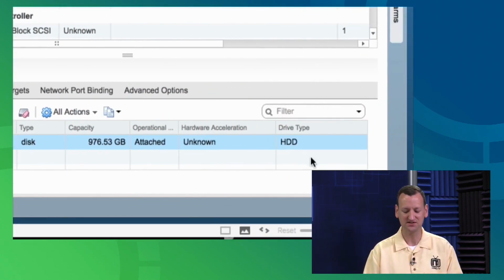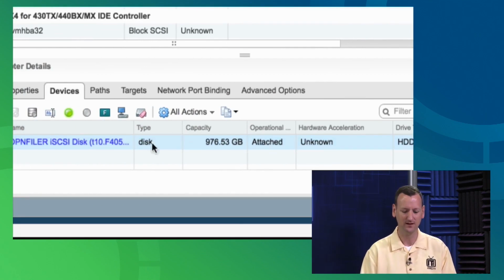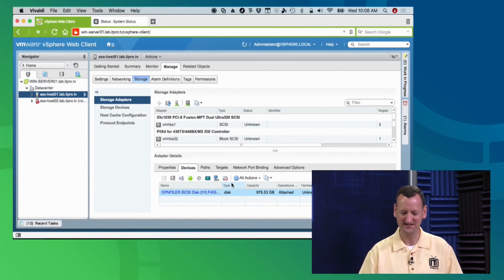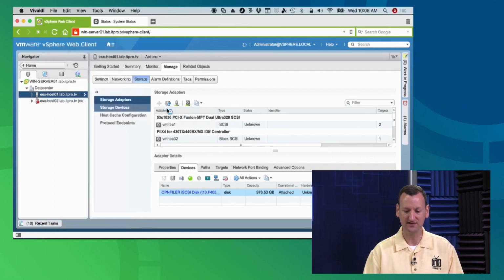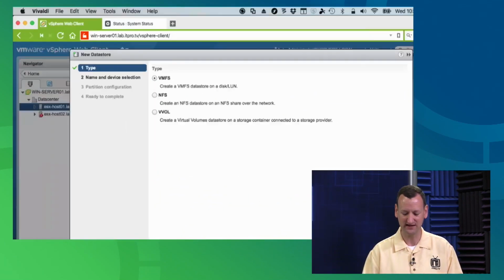And because it's iSCSI, we don't know if it's a regular magnetic disk or if it's SSD. So I've got that same button right here where I can change its status and flip it to flash or HDD or whatever. But now that it's attached, my system will see it as a local drive. I had to go through a little work, but I see it and I can see it as a local drive. So when I go back to my host, I can go to storage and new data store, and I'm going to create another data store. I'm going to do VMFS just like last time,